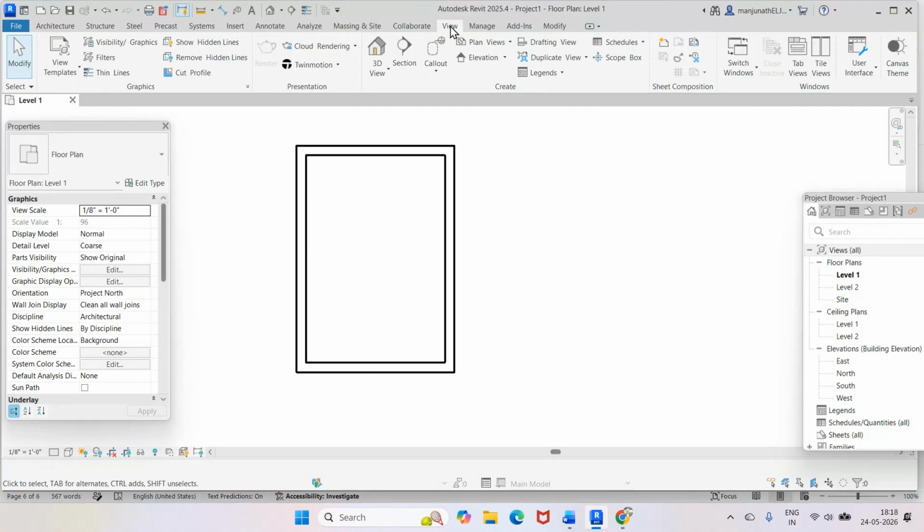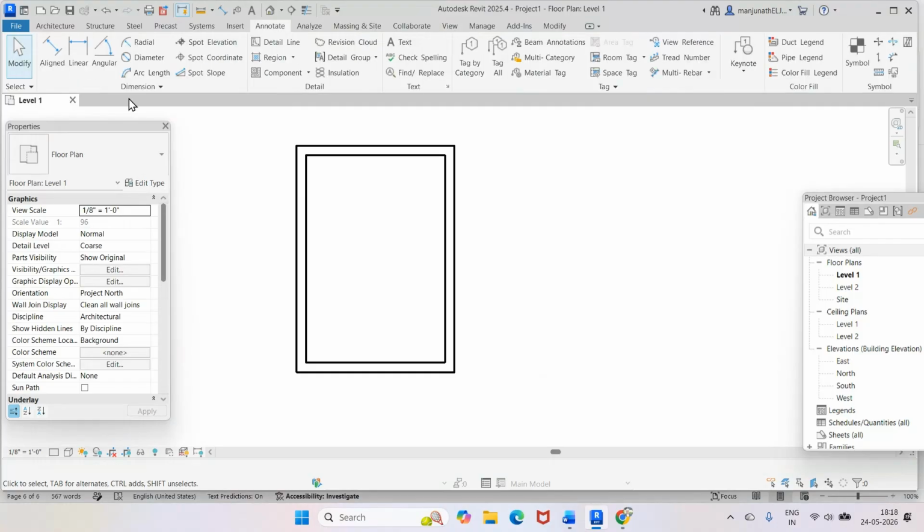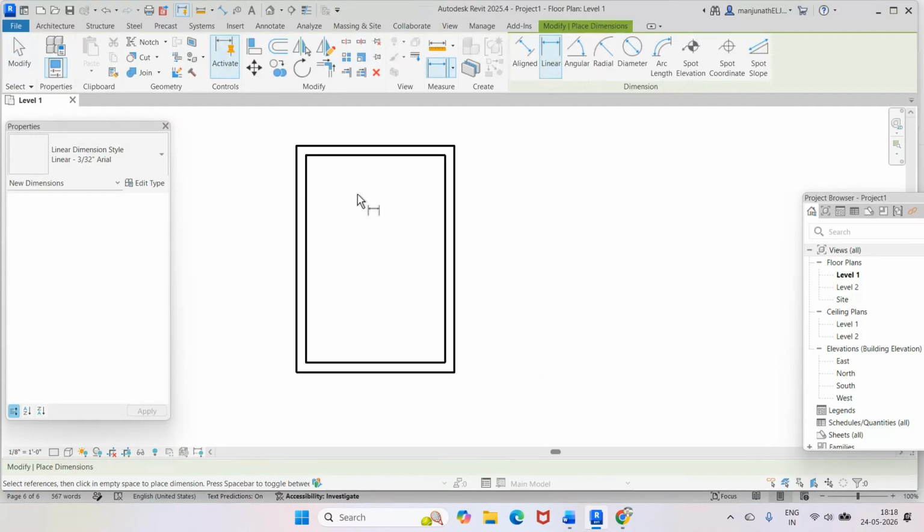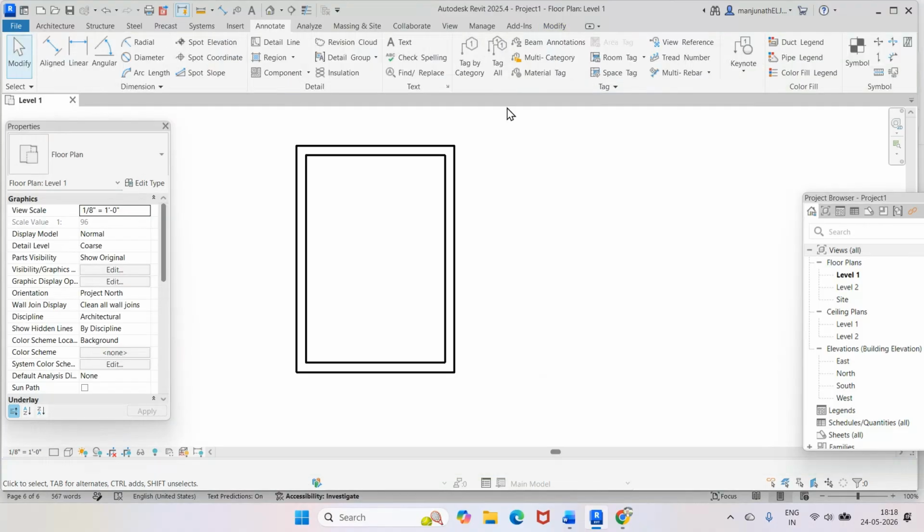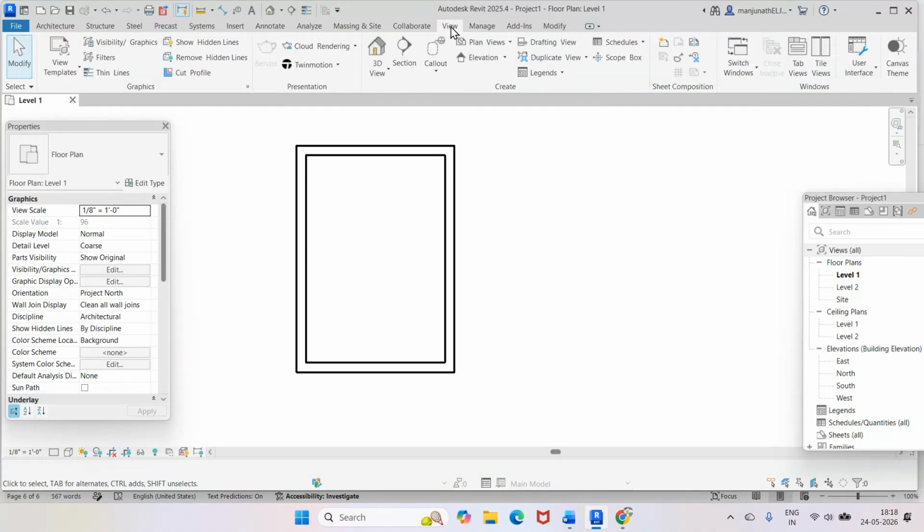In order to avoid that, what we can do is you go to view, then come down to dimensional settings. We can come down to manage, come down to additional settings,